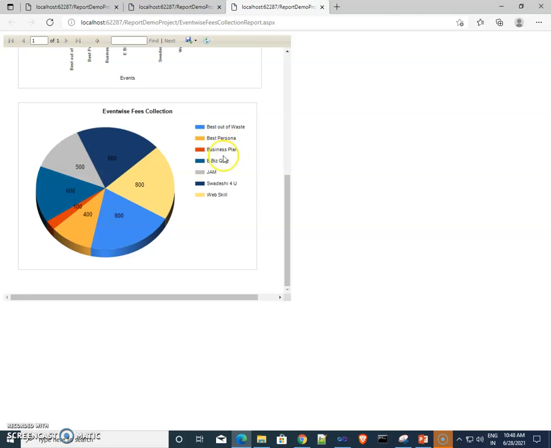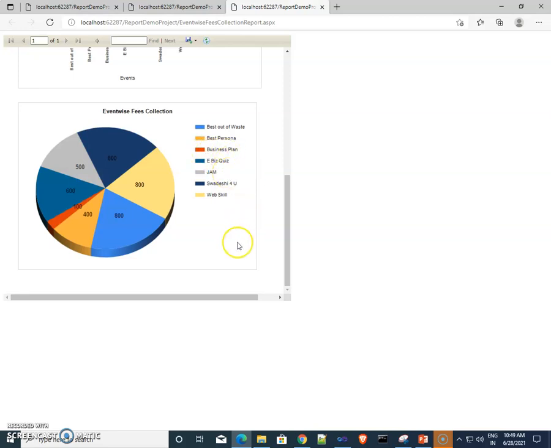I should remove or replace this event, or if I want to continue with this business plan, then I need to market more, or change something, rules or whatever, so that more and more participants participate in this event.